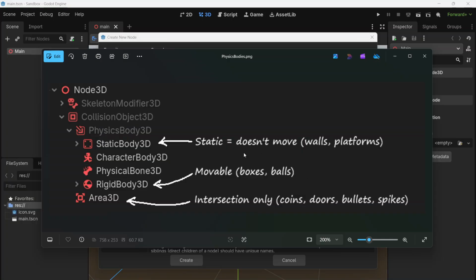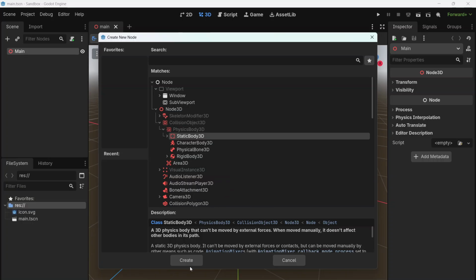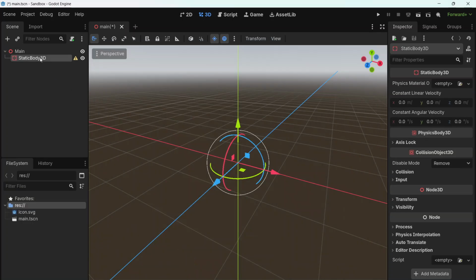And for floors and basically anything that doesn't move, the type of node that we want to look at is actually a static body. That just means that if you collide with it, you won't go through it. Static means it's staying still. We're also going to have a little bit of a look later at rigid bodies, which is for anything that moves, and our player is going to be a character body, which means that we can control it. So all these different physics bodies have slightly different properties, and for anything that doesn't move, we're going to make it a static body. So I'm going to choose static body, click Create,